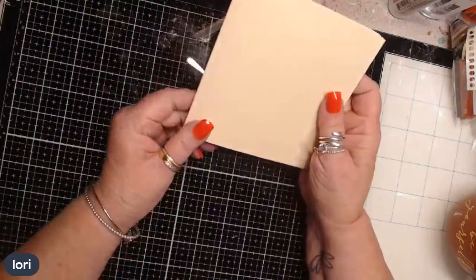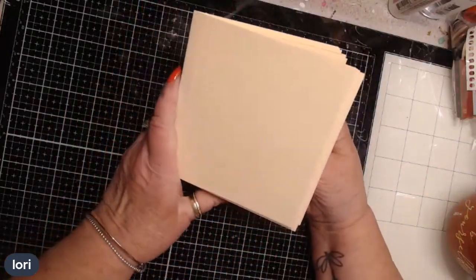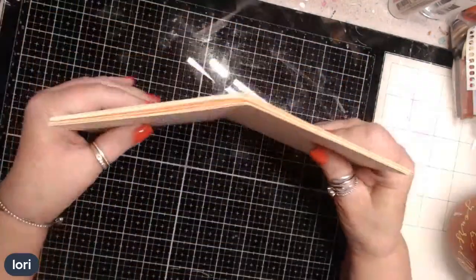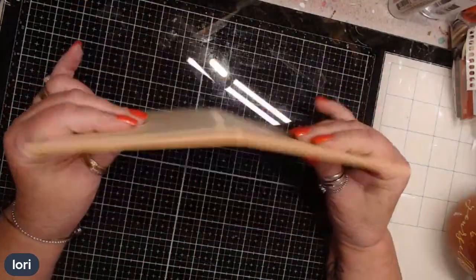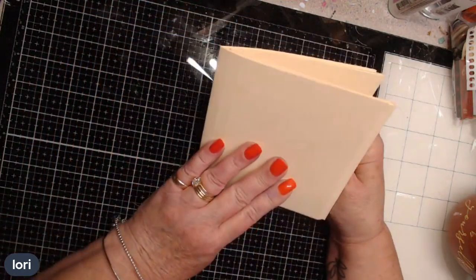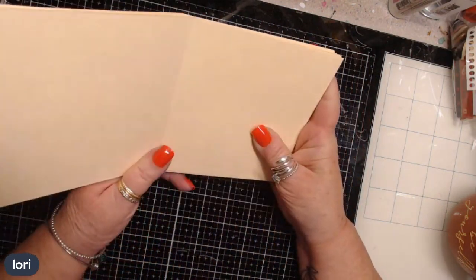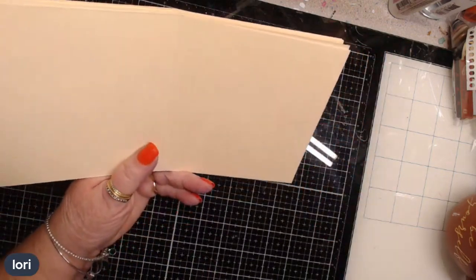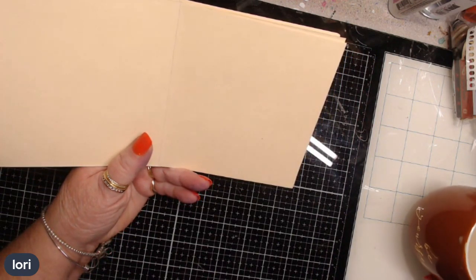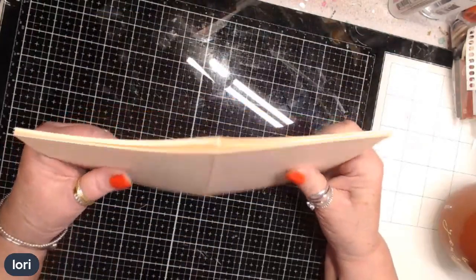Okay, so I'm thinking before I put this together, sometimes just a blank substrate is a little difficult to work with, right? So I'm thinking I want to put something on here just so it's not blank. And I'm trying to decide whether I want to go watercolor or if I want to go coffee. Watercolor is right here. My coffee is in the refrigerator. Or I could do,